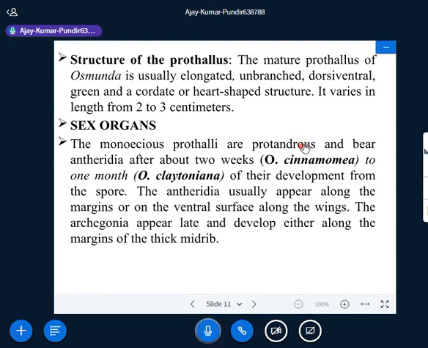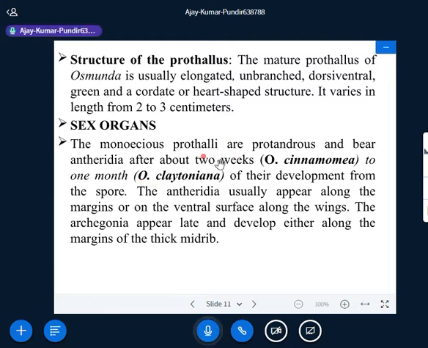The development of antheridium takes place first, and after development of antheridium, archegonium is developed. It is known as proandrous. And antheridium, after about 2 weeks,